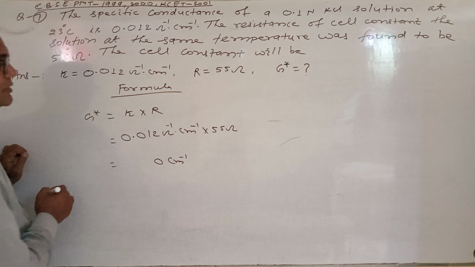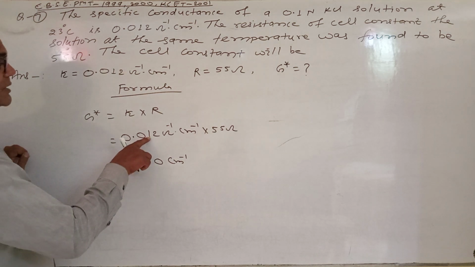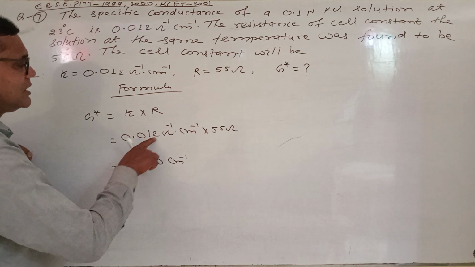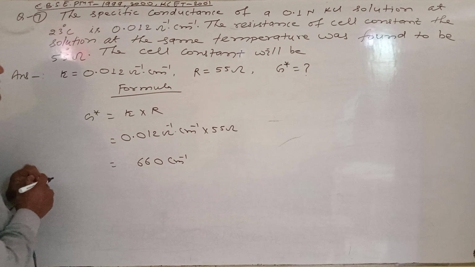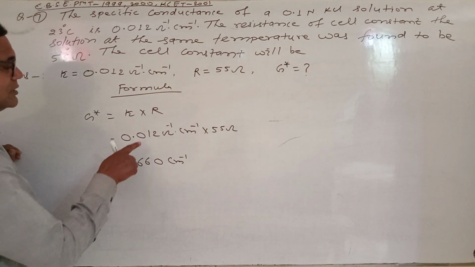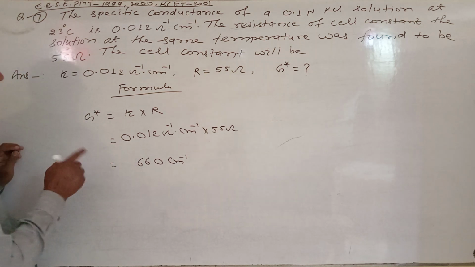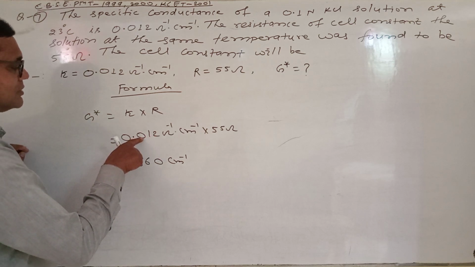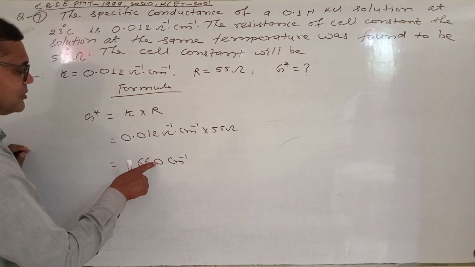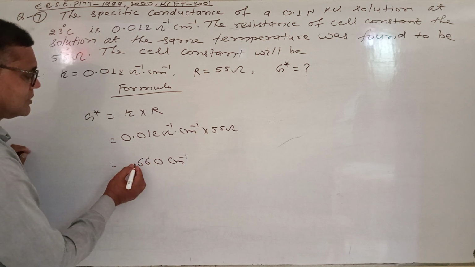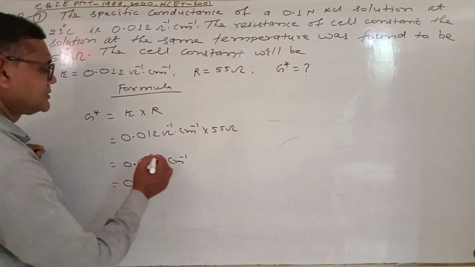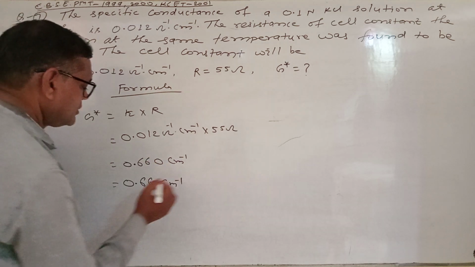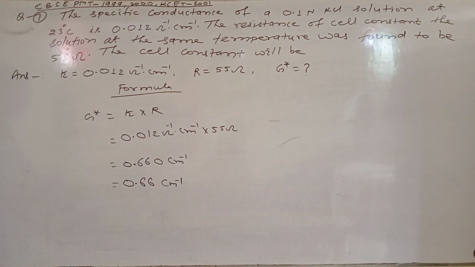Here we write 0 and carry 6. We multiply 12 and 5 and add 6. We get 66. We put the decimal point in the digit. Here 1, 2, 3 digits are present. Therefore we write 1, 2, 3. Therefore answer will be 0.66 cm inverse. Next question we write